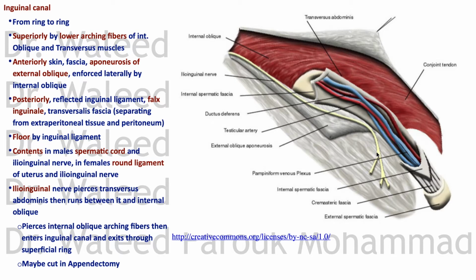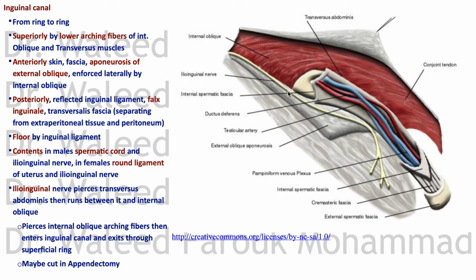It continues in the canal inferior to the spermatic cord and comes out of the superficial ring to supply the upper medial thigh skin. So this is the course of the ilioinguinal nerve. It doesn't enter through the deep ring. No, it pierces the transversus abdominis, runs between the two muscles, the transversus and the internal oblique, and then pierces the lower fibers of internal oblique to become part of the inguinal canal. Okay, this is the ilioinguinal